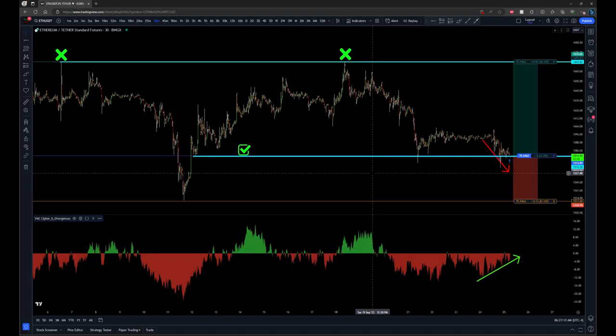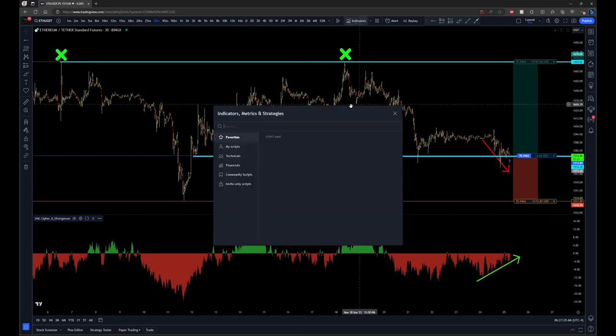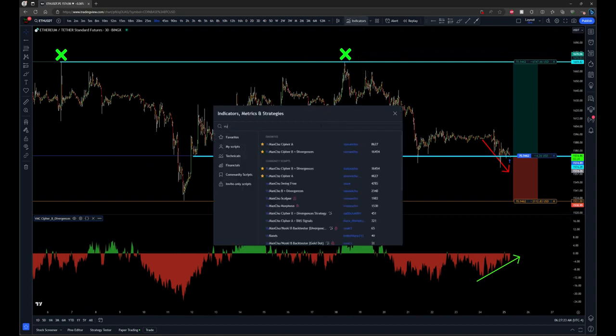All right, so let's break down this trade setup and why it meets the criteria for my stop loss hunt divergence strategy. First, just going to show you the indicator being used here. It's called the Fu Manchu Cipher B Divergences. It's free on TradingView. So if you just type in Fu Manchu Cipher B plus Divergences by Fu Manchu,